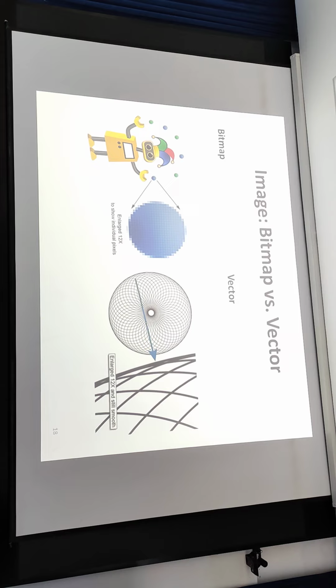It presents two-dimensional data. It provides the information, the picture, but it is constructed in two different ways. What are the differences between the bitmap and the vector?